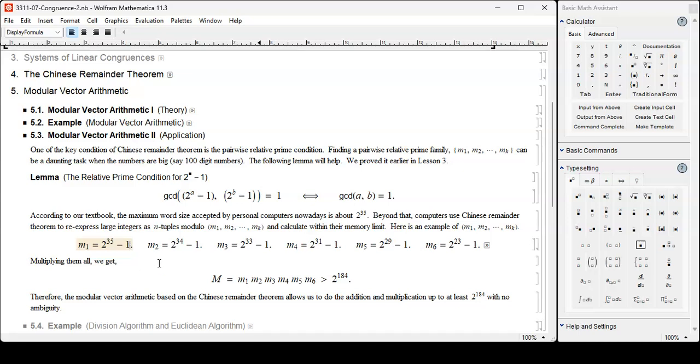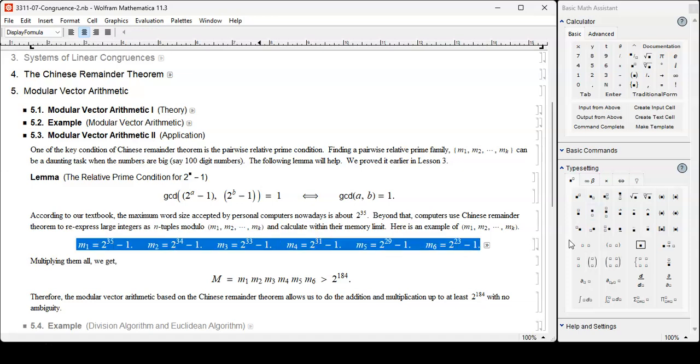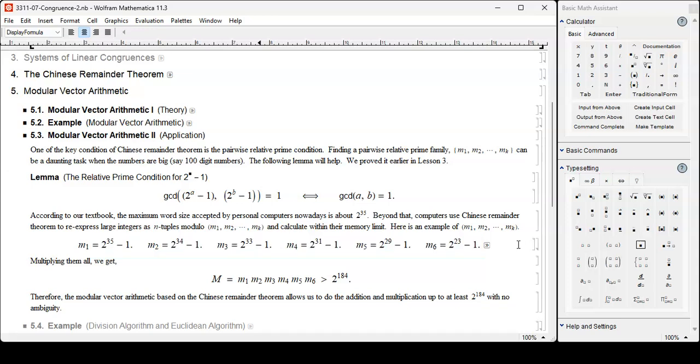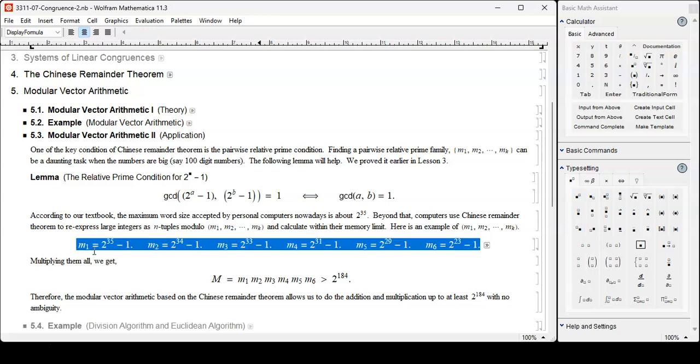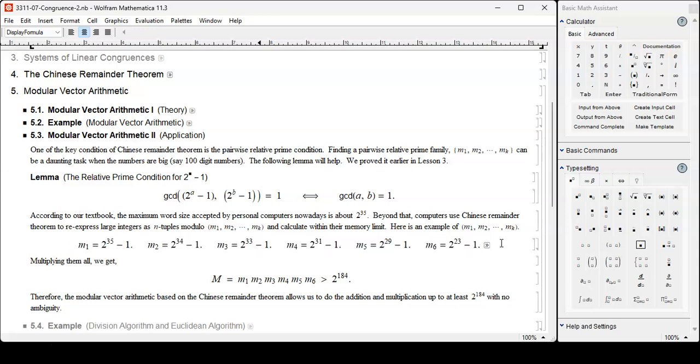M1 is 2 to the 35th power minus 1, M2 is 2 to the 34th power minus 1, and so on, 33rd power minus 1, and 32 we skip it, 31st power minus 1, 29th power minus 1, and then a big skip, 23rd power minus 1, up to that, and we may need more, but let's just keep to those. Now, if all these mi's here are pairwise relatively prime, then we can use the Chinese remainder theorem to determine any kind of